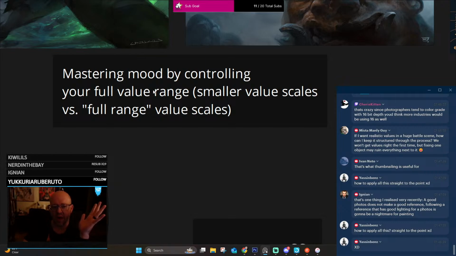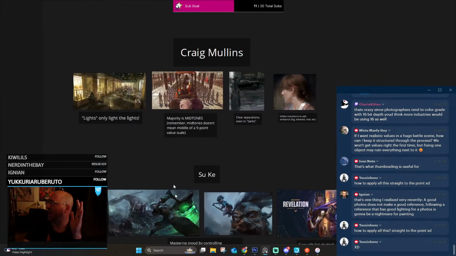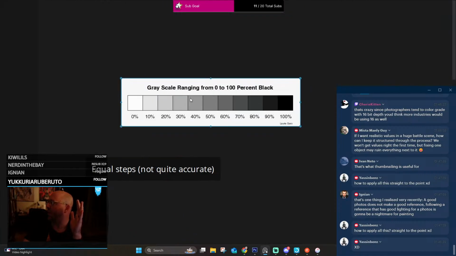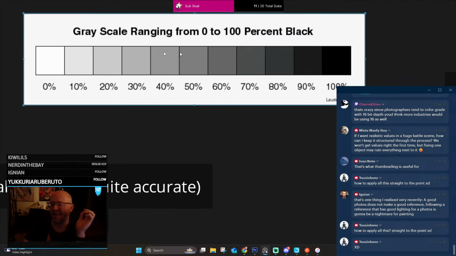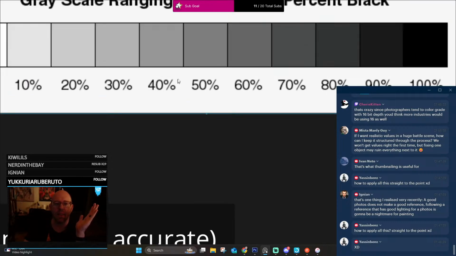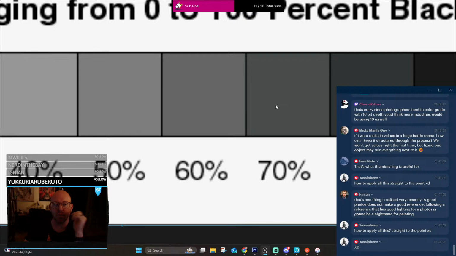So this is a shorthand. It may not make sense, but I'll explain it real quick. Not every picture has to have every value. And I don't even mean like 1, 2, 3, 4, 5, 6, 7, 8. I'm talking about you don't need this scale. You don't need it. You can get a baller picture just with these 4.